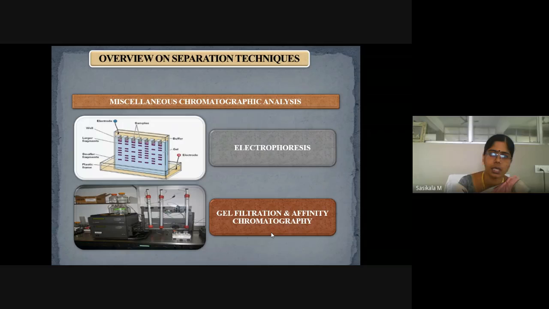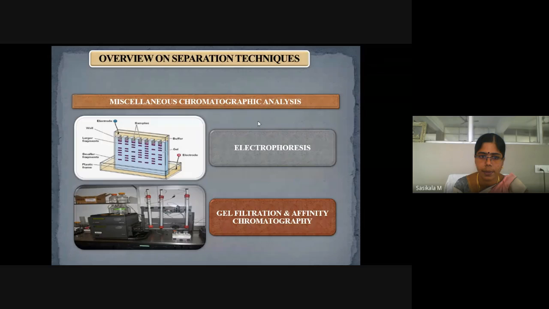Then other miscellaneous techniques, like electrophoresis. By applying electricity, the mixtures are separated into individual molecules between electrodes. So by means of electrical migration, separation occurs. That is called electrophoresis. Phoresis means migration, so electrical migration. Through electrical migration, the sample